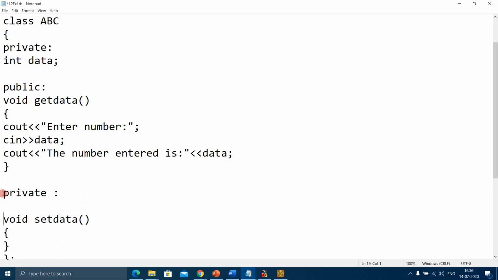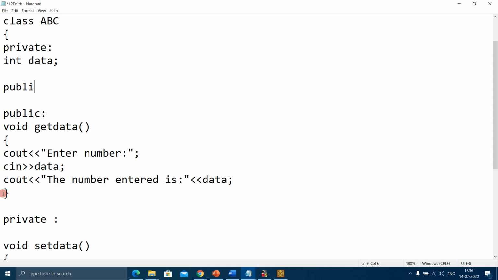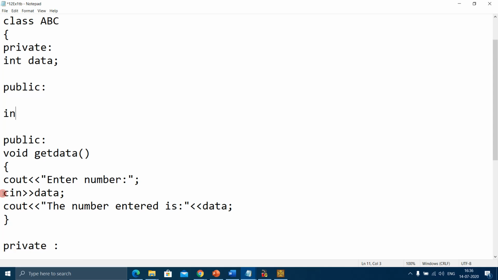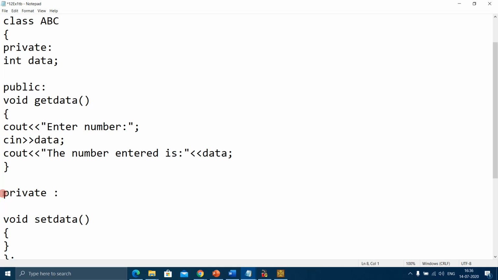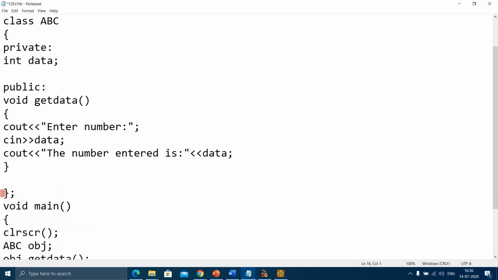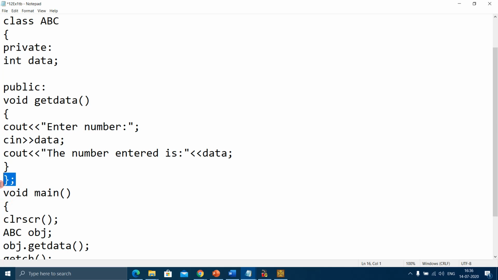Okay. So I hope private and public is clear to you. Private access specifier and public access specifier. If you want to make any variable public, then after this you have to write public and then you write int b, any variable you can declare. Is this clear to you? So here I have closed the class ABC.